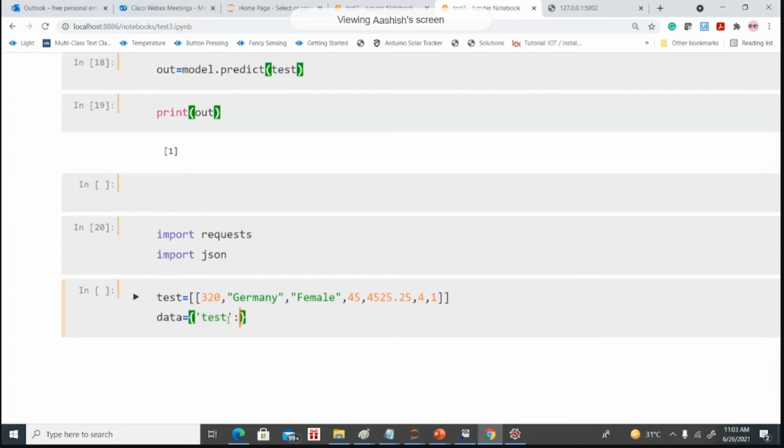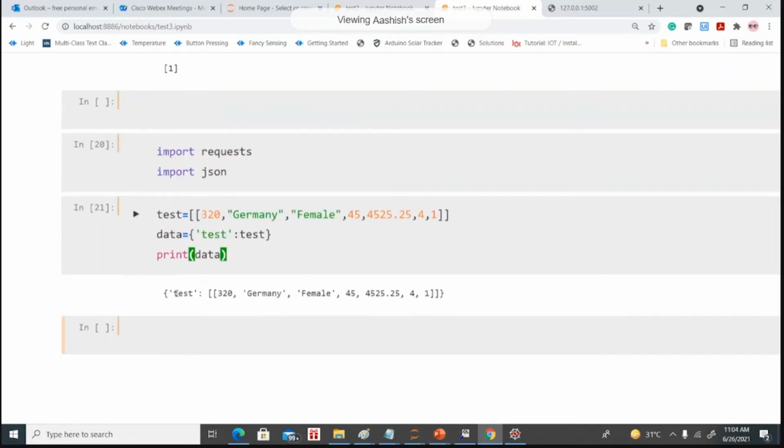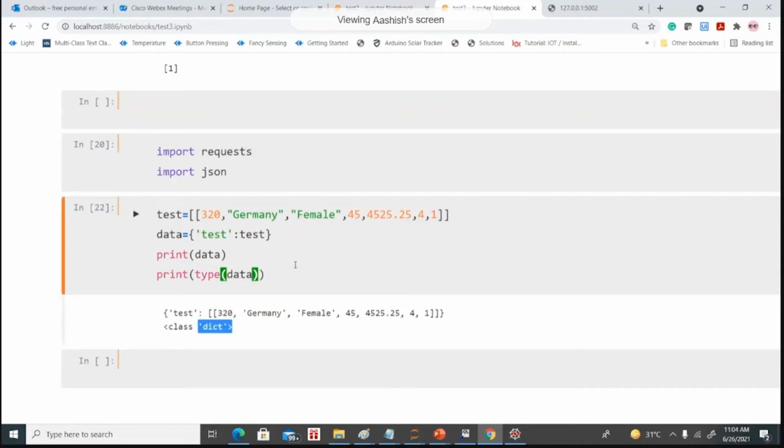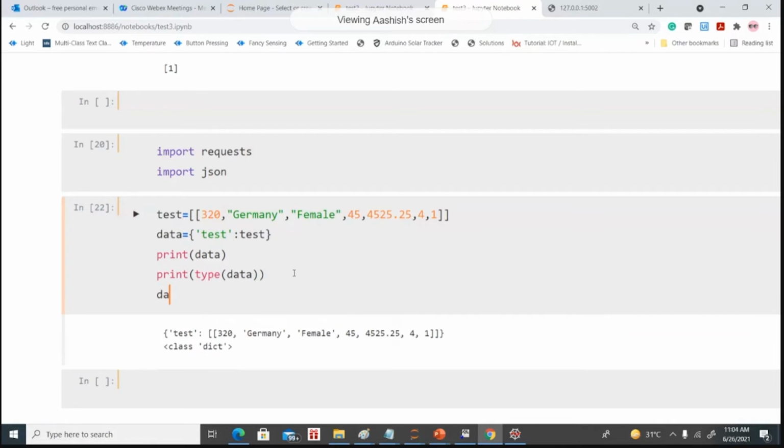What we do is convert this particular data into the JSON format. Let's suppose data equals this. If I print this data here, we have the test as a key and a list of values, right? And if you check the type of the data, it's basically a dictionary.